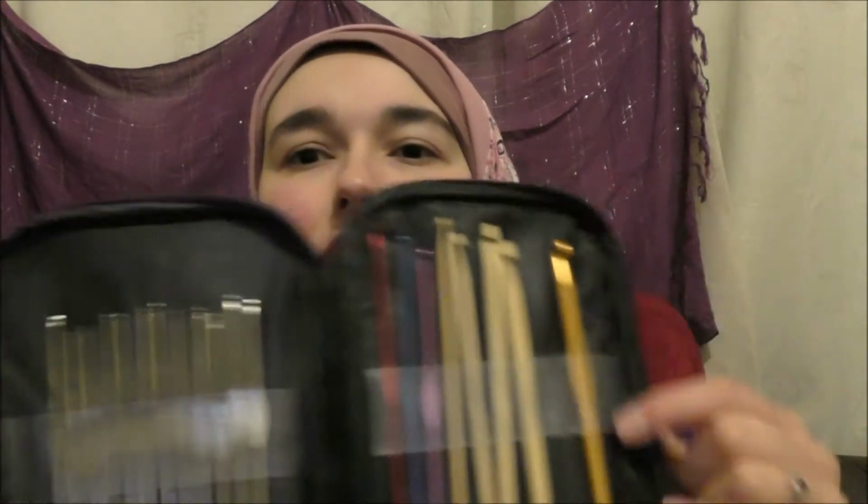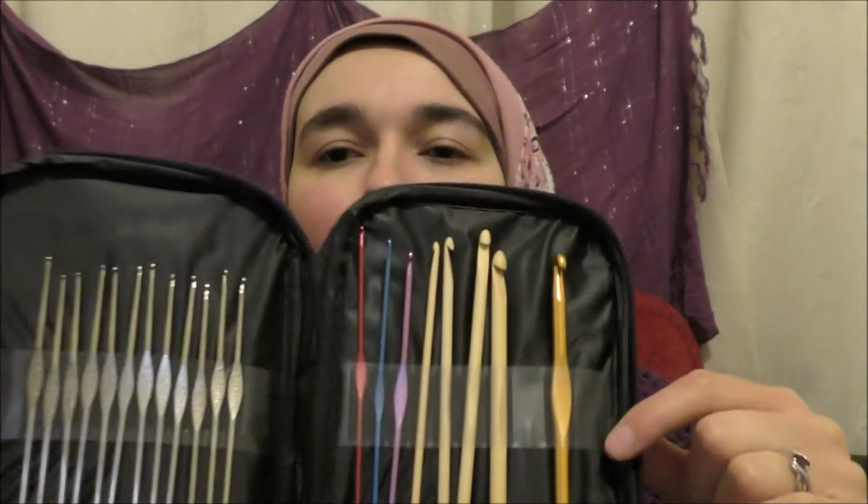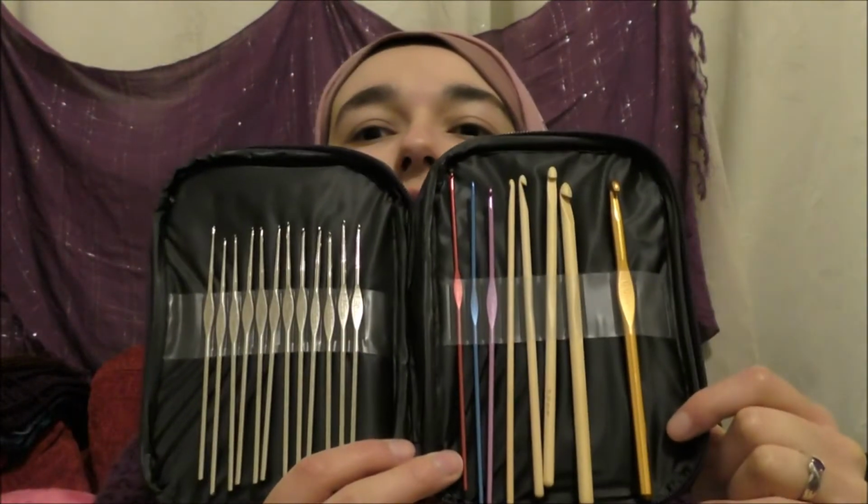I think I saw something on my Facebook that someone had crocheted, on one of the pages that I'm in, and I was like, well, how hard can that be? Well, I found out. But I ordered a set of crochet hooks online, and they came in this little case. Some of them aren't in here because I used them to make polymer clay handles, so I put my wooden ones in here, my bamboo ones that I picked up later, but it's just a good idea of what it looked like. So I just had some simple metal hooks in various sizes in this little purple leather case,